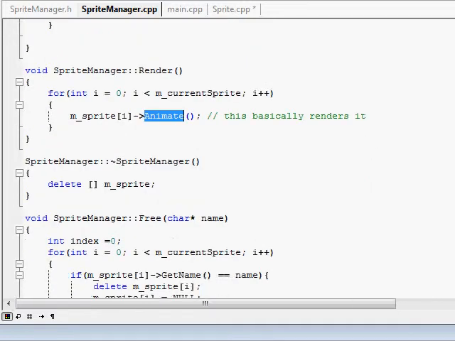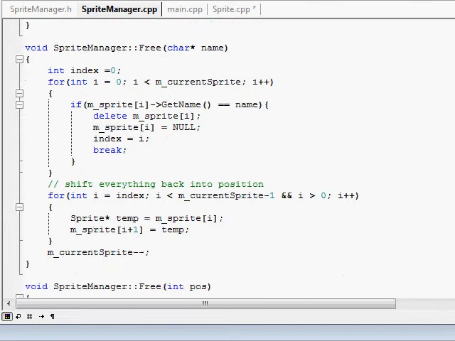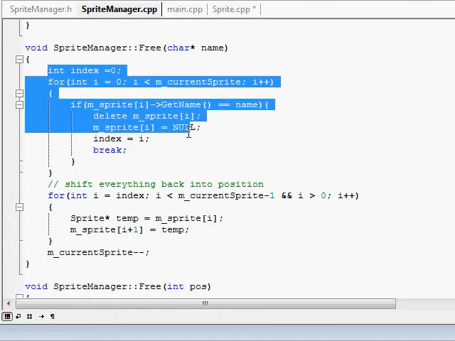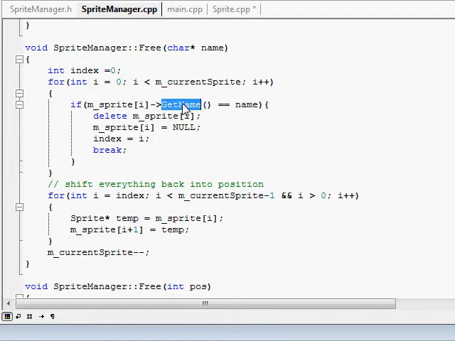sprites right now. And then for free, when I do it by the name, I loop through all the sprites, and if the name matches, I delete it and set it to null, and then I set the index because I use the index down here. So then I set i at the index, and I create a temporary pointer to the sprite that's currently at the index, which would be null, and then the next sprite up, if there are any, which obviously would be less than the current sprite count, -1,